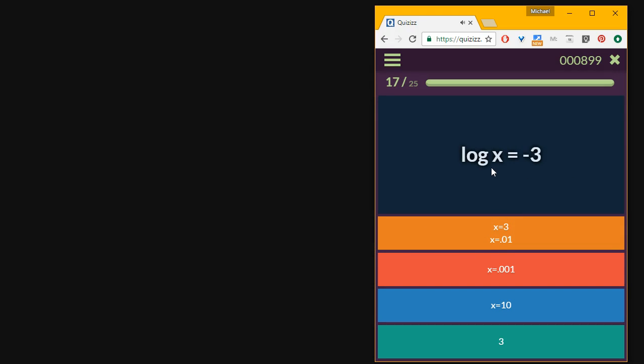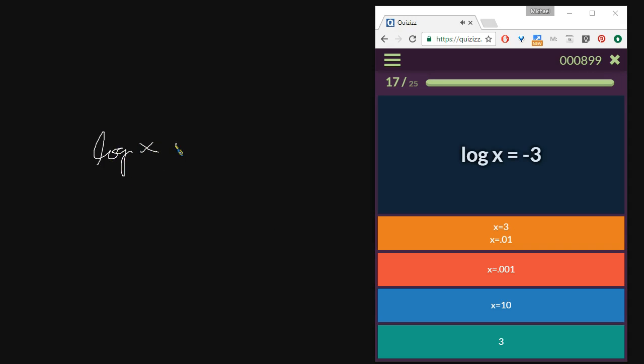Okay, so then, let's do the Weingarten World here. Log of x equals negative 3, and we whirl it up. We take this base 10 and then raise it to the power of negative 3 and say it equals x. So x equals 10 to the negative 3. Now,